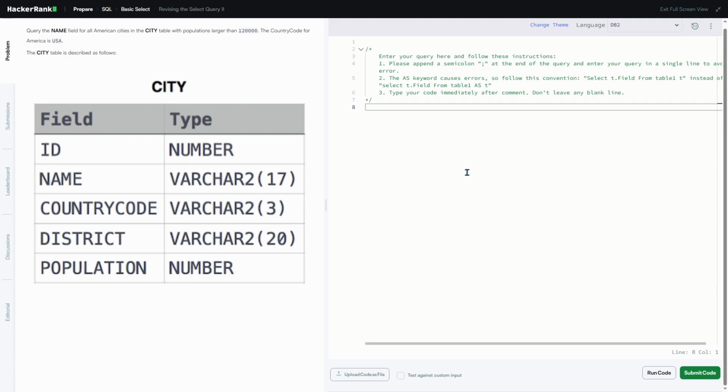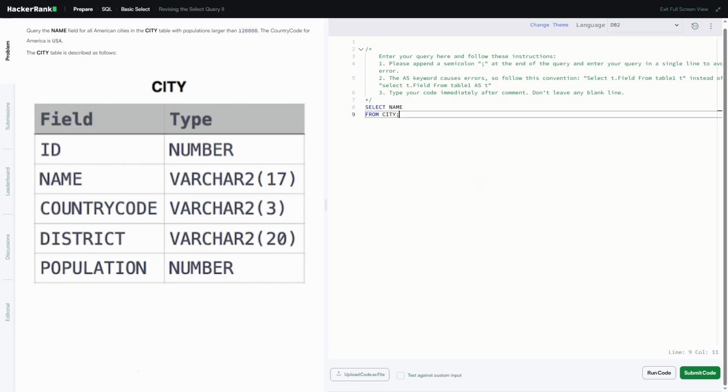table. So as we've seen previously, in order to get some information, we're going to use the select keyword. Previously, we selected every single column from the table, so we used an asterisk. This time, we want a specific column, so we're going to use the column name, in this case, name. So we want to select name from this table right here, from city, and if we ran this code,